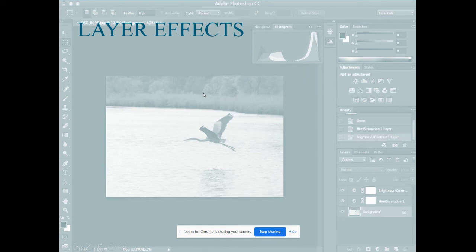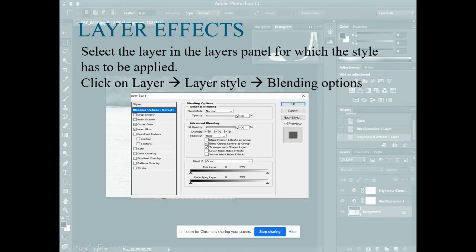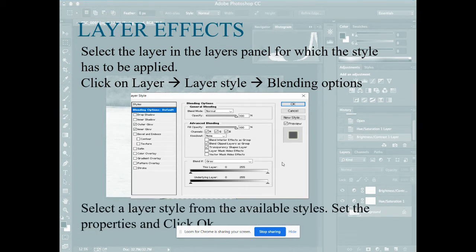Okay. So layer effects. What are the effects that can be done using layers? You have blending options. You have multiple blending options for giving different styles to the layers. So look at this. These are the blending options: drop shadow, inner shadow, outer glow, inner glow, and satin color overlay. Whichever option you want, you can select it, and it will be shown as an effect in your image. When you select and click OK, those effects will be applied to your layers. So look at these available styles, and you have to click OK.